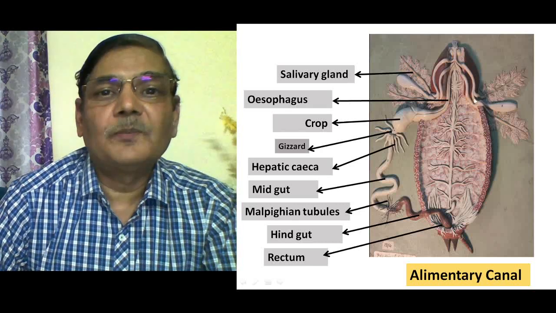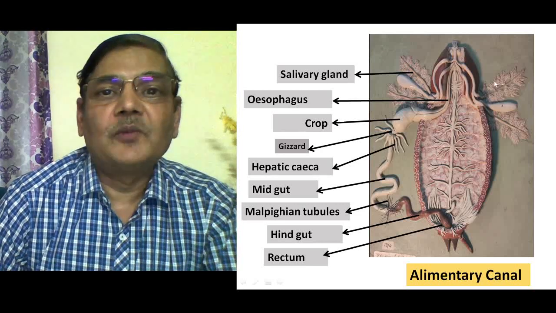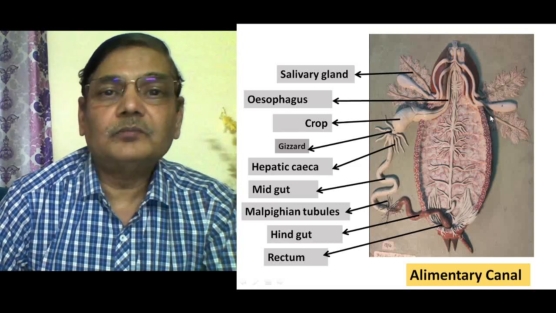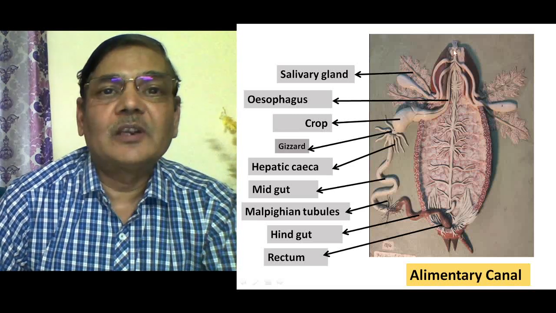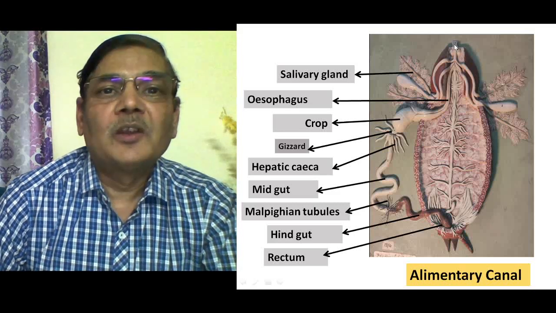On the other side also there is a salivary reservoir along with two distinct lobes which are further divided into several portions, and each portion of salivary gland possesses a duct. So this is one duct, this is another duct. Two ducts are there on one side and two ducts are present on the other side, and all these four open into a common duct. So a common salivary duct will be opening close to the hypopharynx, which is part of its mouth part. So these open, and the saliva actually gets mixed with the food,